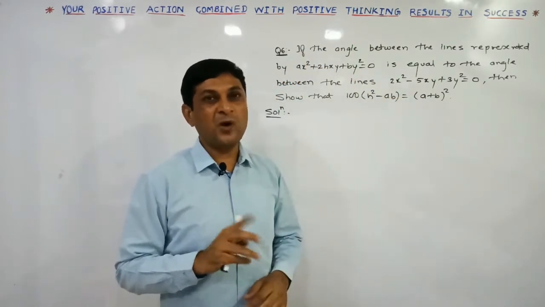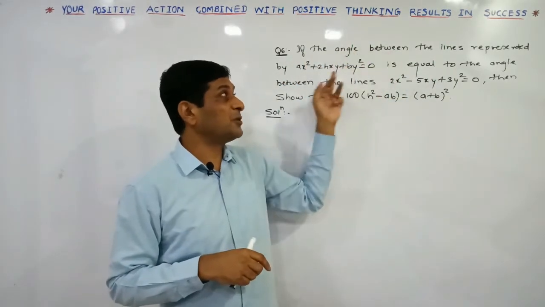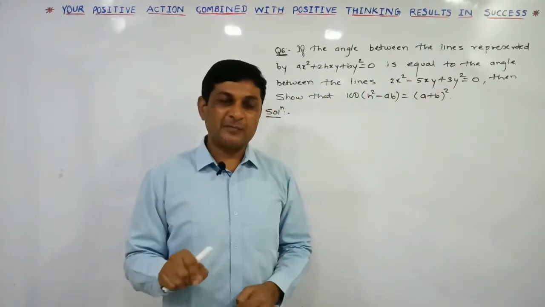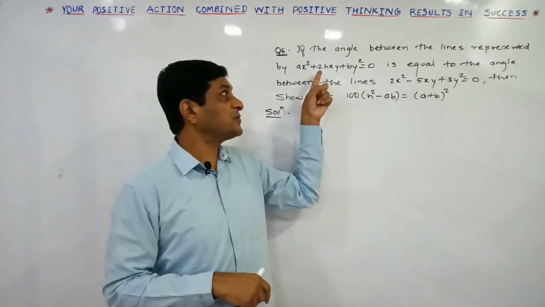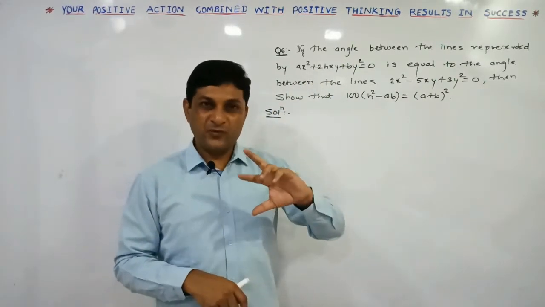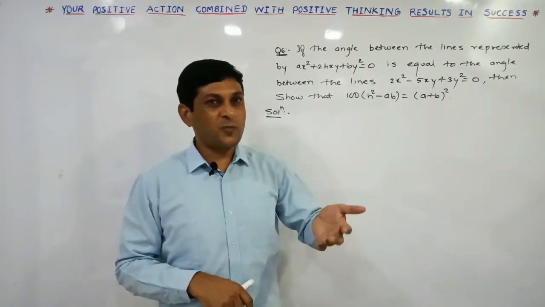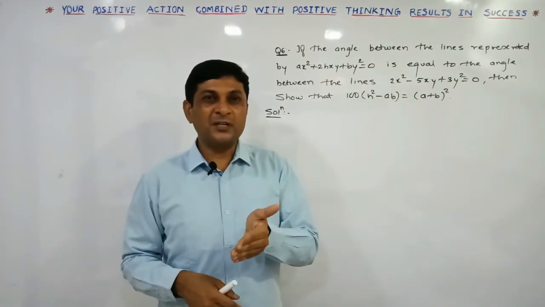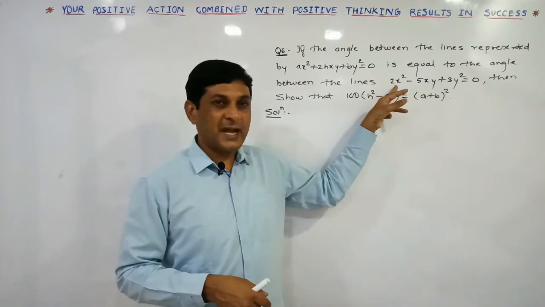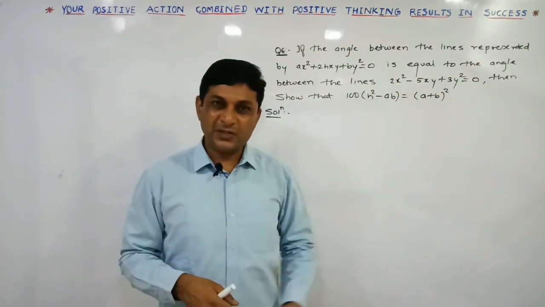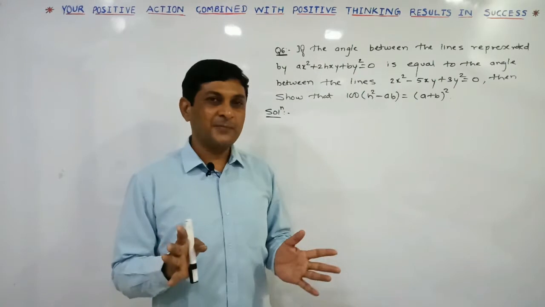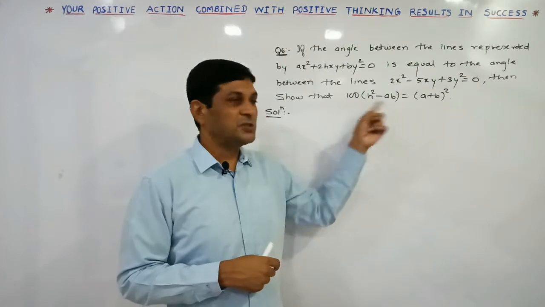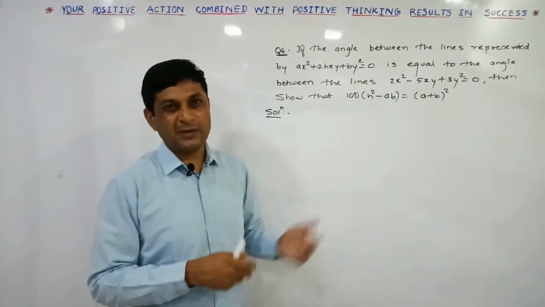Theta 1 and theta 2 are what? Equal. It is given as a condition that the angle between the lines represented by the first homogeneous equation is equal to the angle between the lines represented by the second homogeneous equation. So from the first equation, we will find one equation in terms of angle, and then using the second equation we will again find one equation in terms of angle. If we denote the angle by theta 2, we will get a new equation in terms of theta 2. And lastly we will use the given condition that these two angles are equal. Using that condition, let us see how we get our required result.